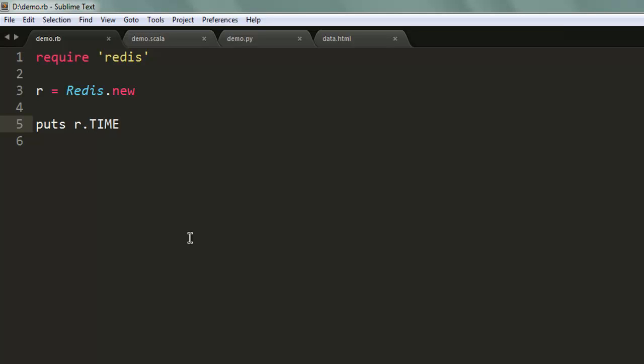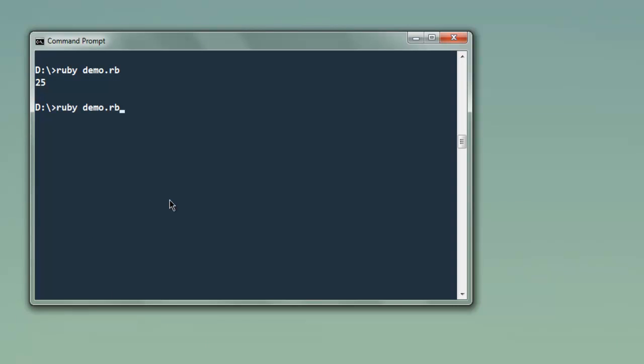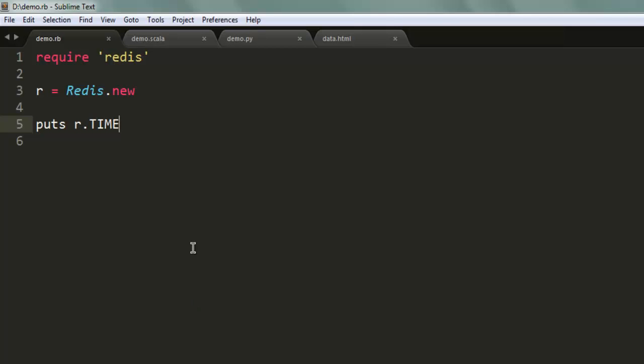When you run this command, it will return the current Redis server time in a unique way, as seconds and microseconds. So let's check that out. The first one is the way Unix represents the current server time, and the second is the current microsecond. Now next thing, we will create one set and then check out how to call some of